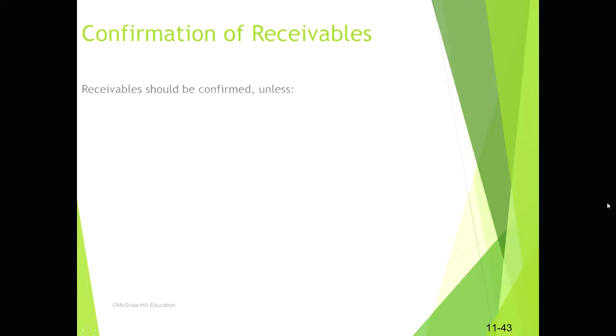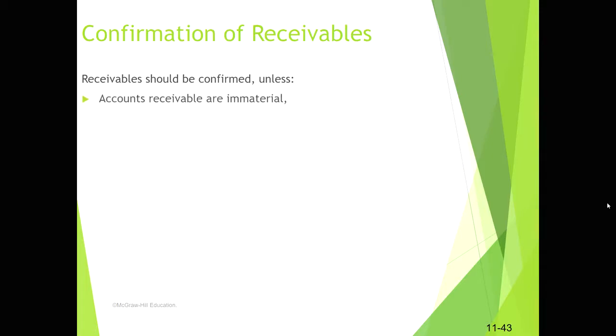So we mentioned confirmation before. It's a pretty standard process. You don't have to do it every time. If the AR is immaterial, it wouldn't make a lot of sense to spend all that time sending confirmations out to the customers if the balance is pretty low. If we think it would be ineffective, for example, there are a lot of small customers who are very unlikely to reply to a request of that nature,